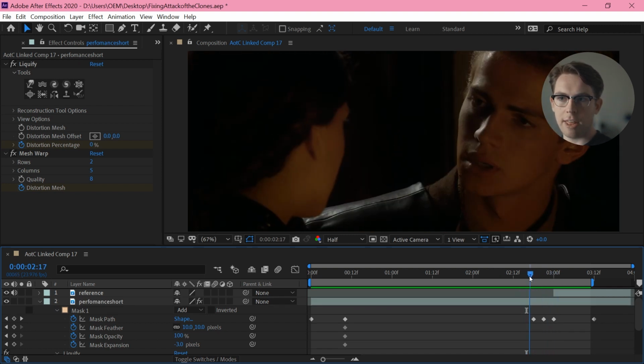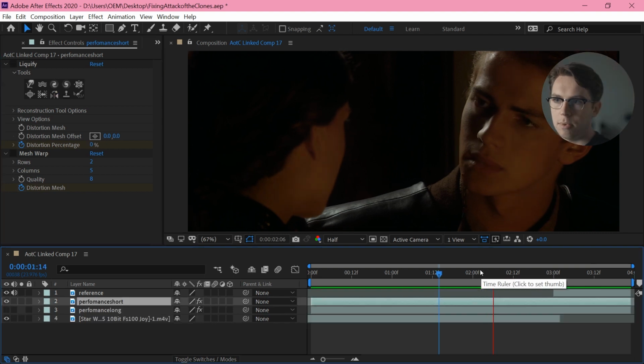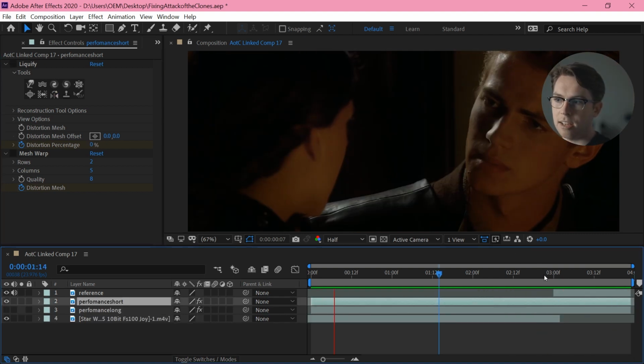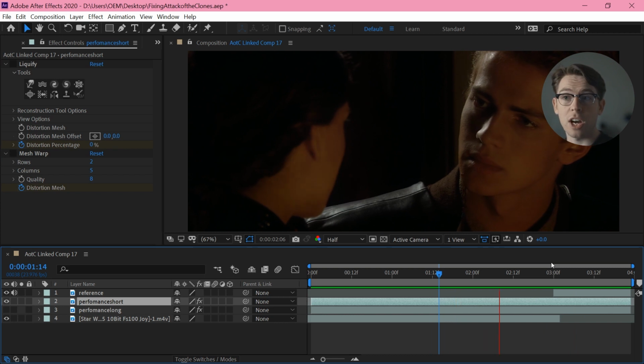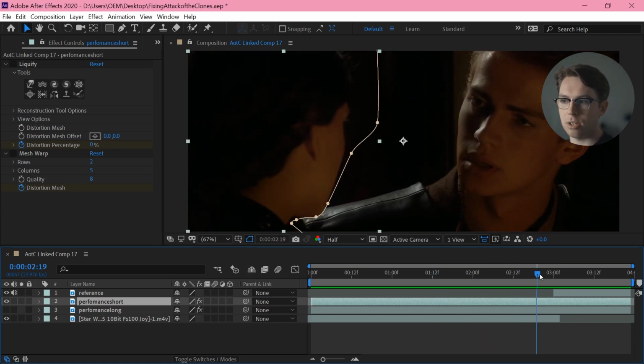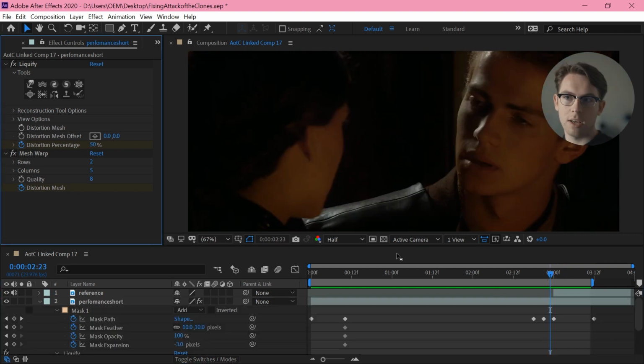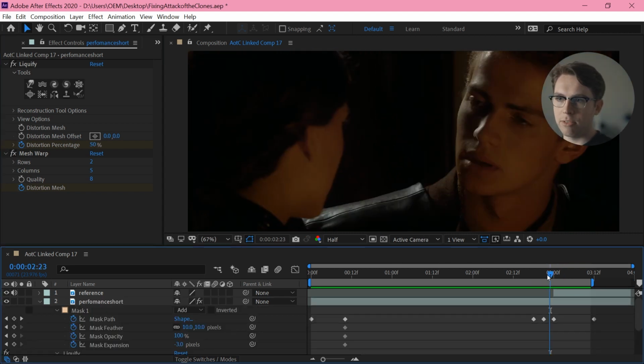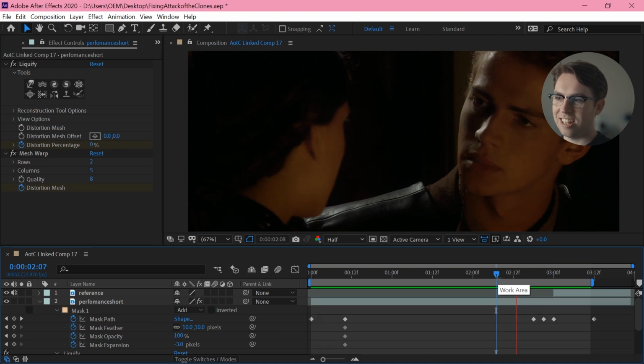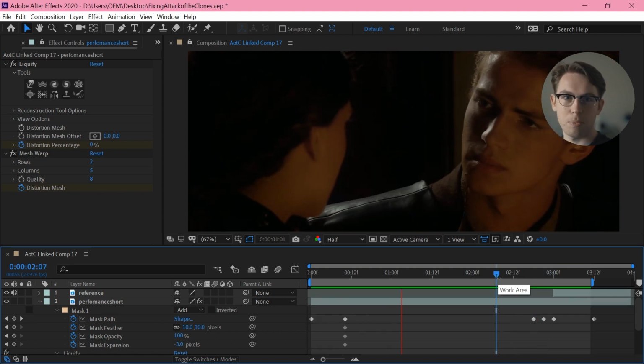So all of that together gives me that, which is a bit rough, but it definitely allows me to do that cut. Whereas if I have no effects on this layer, it's just going to cut out of that, bang, and it looks very jarring because there's no indication that she's starting to turn her head, and then all of a sudden she's turning her head. So the downside is I have this one frame here which looks a little weird, but the upside is that transition is pretty forgivable.